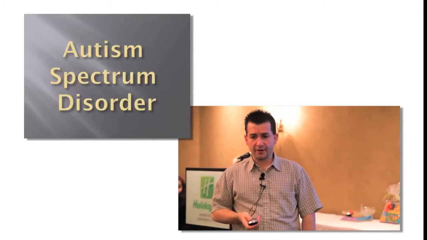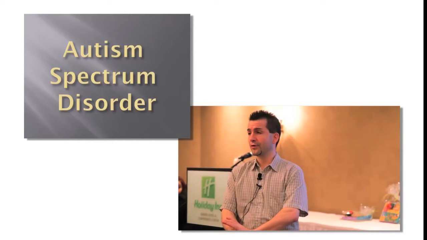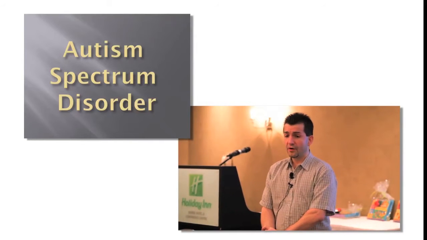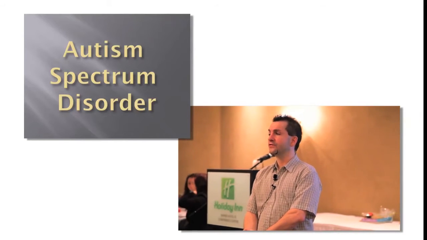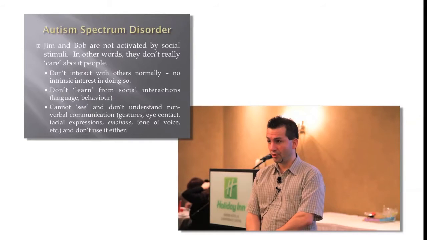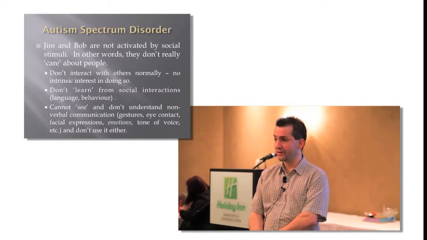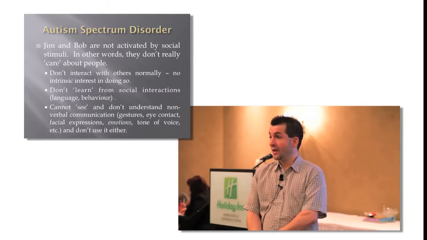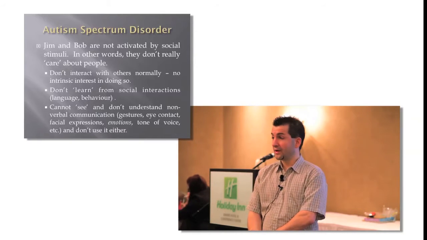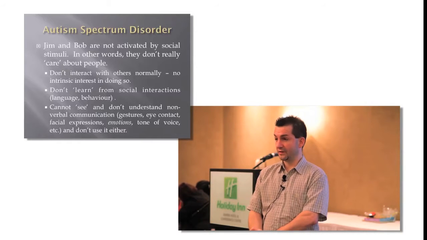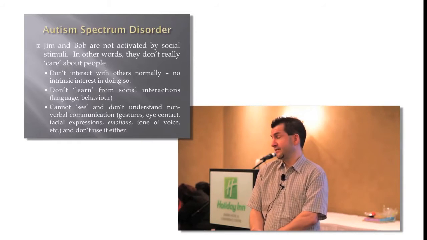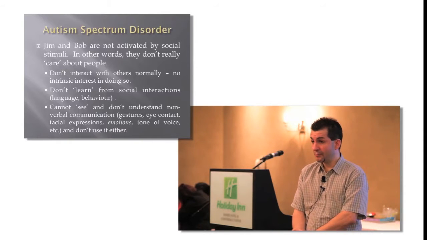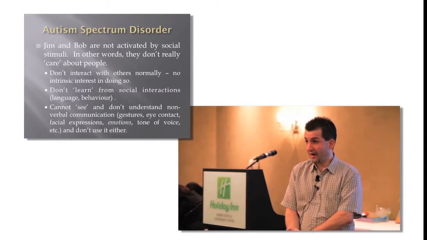I'm going to touch very quickly on this. Autism spectrum disorders, the other thing that you will sometimes see at your stage, these are problems where Jim and Bob do not react to the social world around them. People do not have any intrinsic positive or negative value to them. In other words, it doesn't matter what you like or don't like or care or whatnot. They have no interest in you. You are a fixture of the environment. You are like a chair. You may have a function to them or not, but they don't care either way.